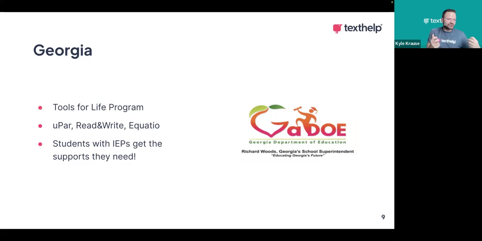So that's why they call it Tools for Life. These are really geared toward only students right now with those IEPs, getting those supports. What's interesting with Georgia is they actually started with Read and Write first and then added uPar after. They've had Read and Write for about a year for this program, and then more recently actually